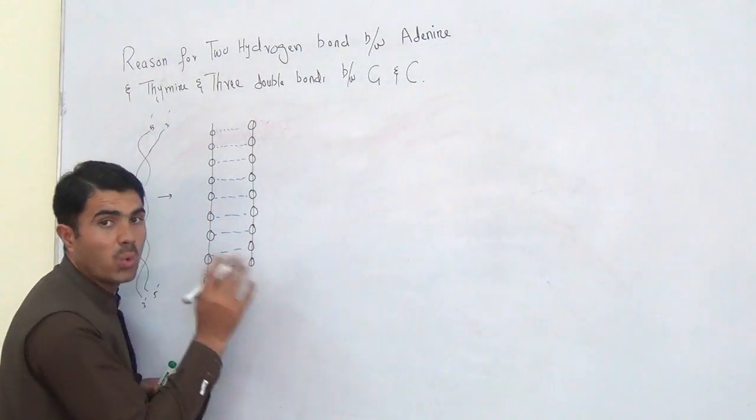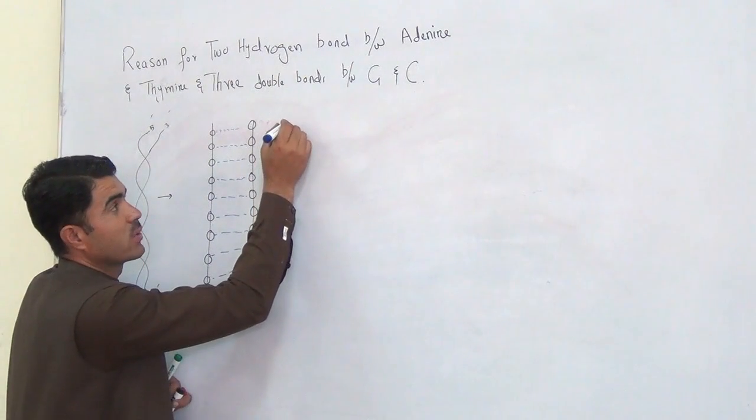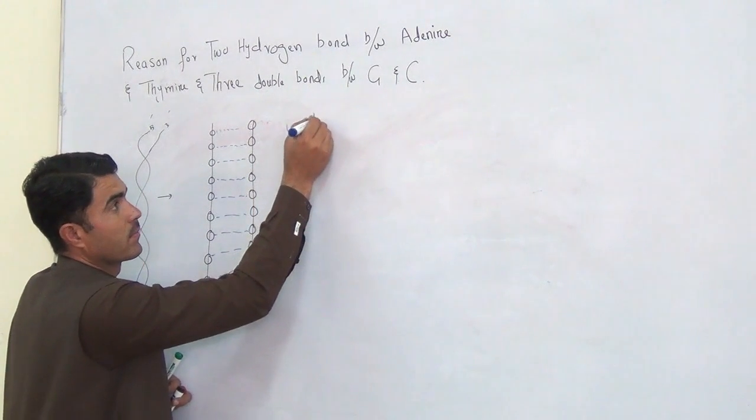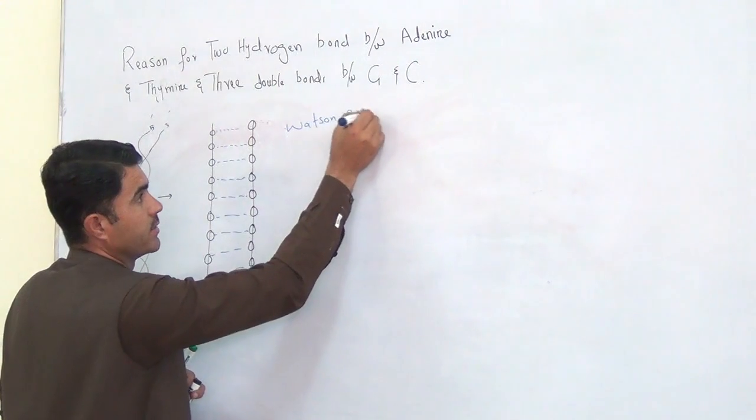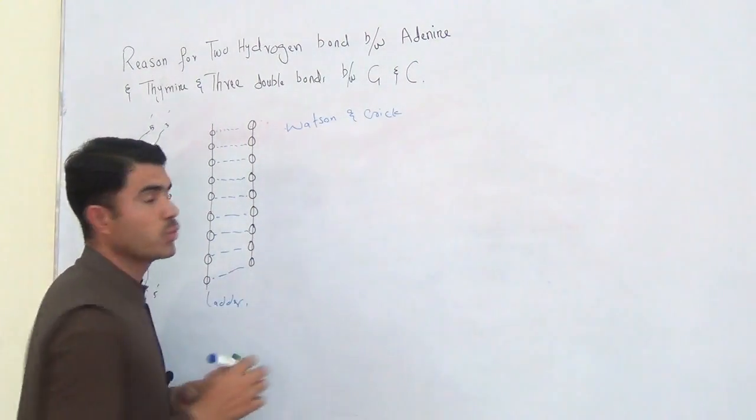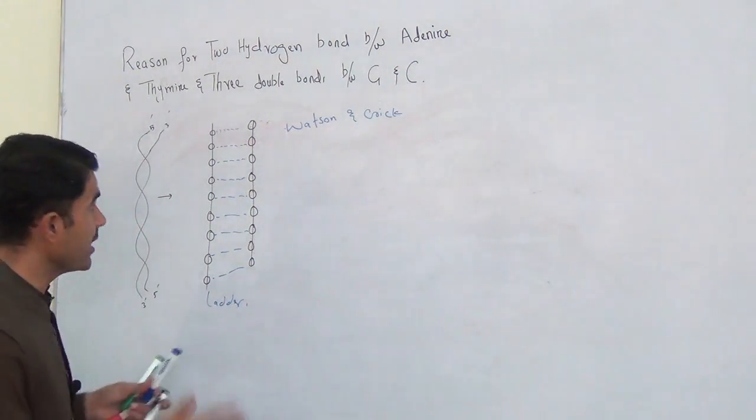So who were the scientists? Actually these were Watson and Crick. These were two scientists who gave the structure of the DNA, and